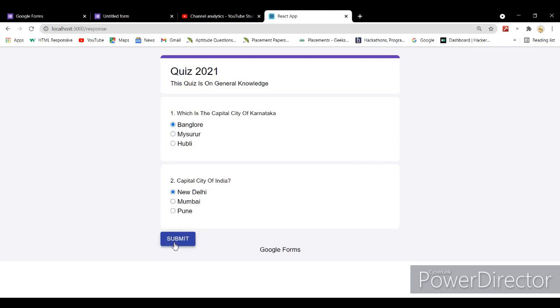And click on submit. After clicking that submit button, you will be redirected to another page with the path that is submitted. Still that page is not created. I will give that code in the description. You click on submit